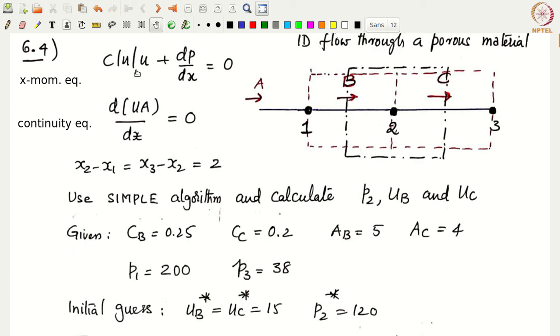This is of course not an unsteady term. Is this a diffusion term? No, this is not a diffusion term. There is no nabla operator here. Then what kind of term would this be? The only thing remaining is the source term. So this would be a source term. Is the source term linear or non-linear? It is non-linear because you have mod u times u. So we will see how to categorize this particular term in the formulation. Okay, then let's get started.